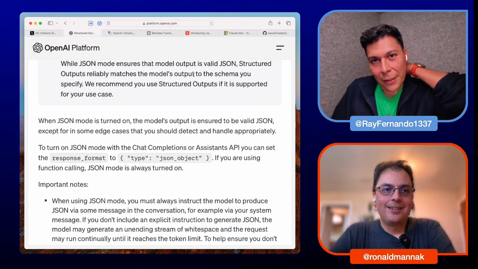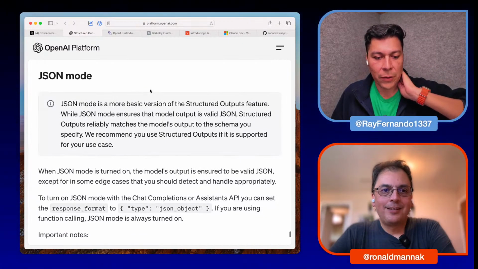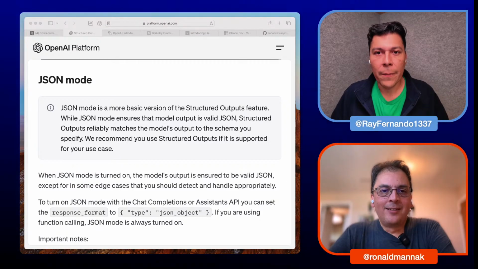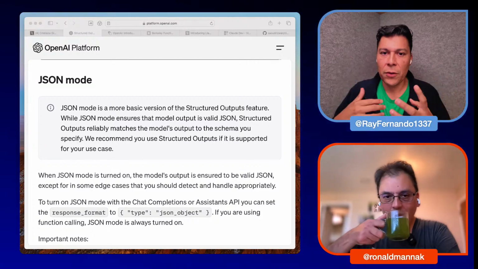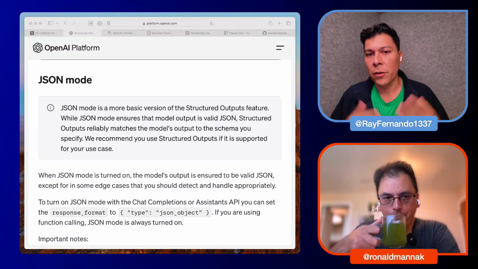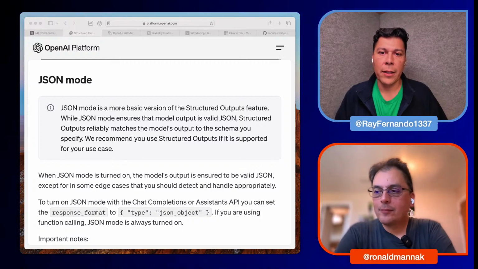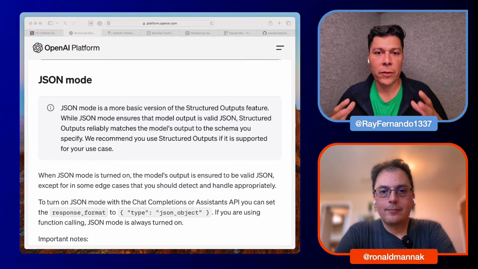Another thing OpenAI released was their new structured JSON mode. For those familiar with their previous model, you could tell the LLM to produce some JSON for you when you do a query. This is important for app development because when you're building, you want a structure for how your data is organized.